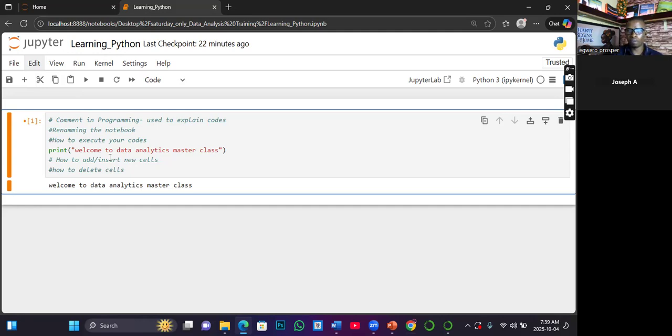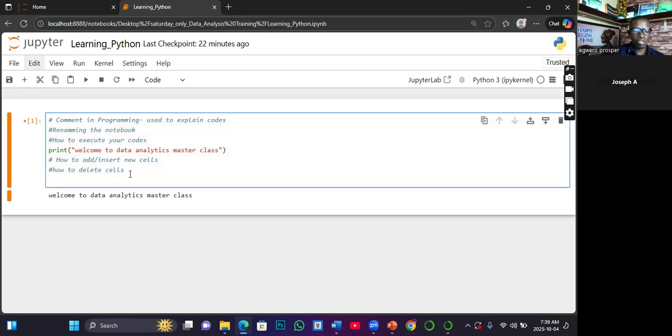And then another skill you need to have is how to zoom the notebook. So how do you increase it? Because for some reason, somebody can say that I'm not seeing what you are writing. How do you zoom it?